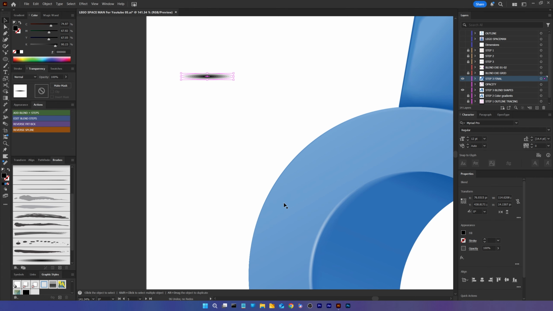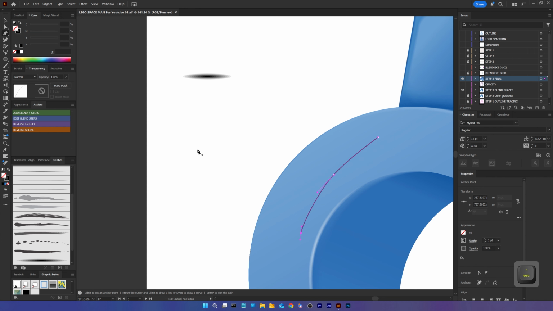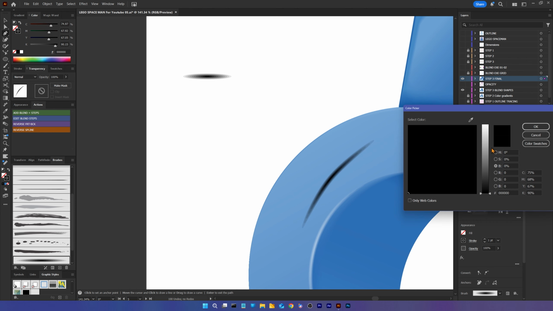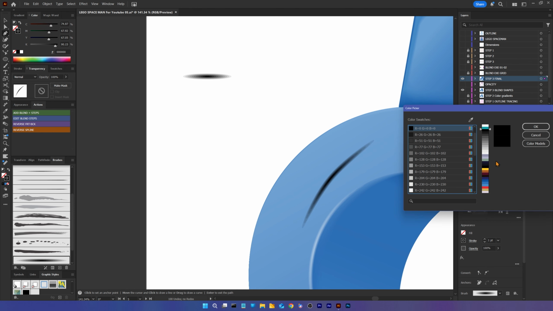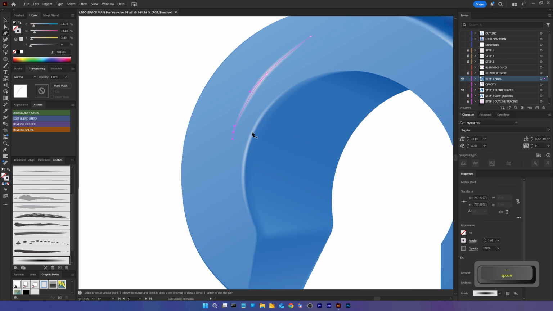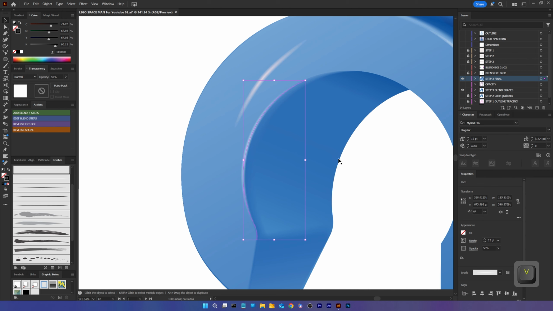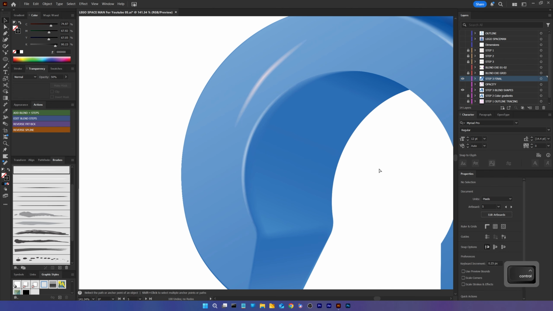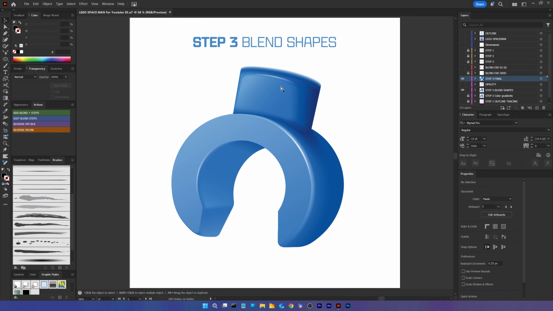Our new brush is ready, so when I draw a curve using it, the blend we built is right there inside the brush stroke. Now, if I change the color, you'll see the brush can be used either to create highlights or to add shadow effects. Using these brushes, I added all the highlight details to the illustration. And that covers the essentials of the lesson.